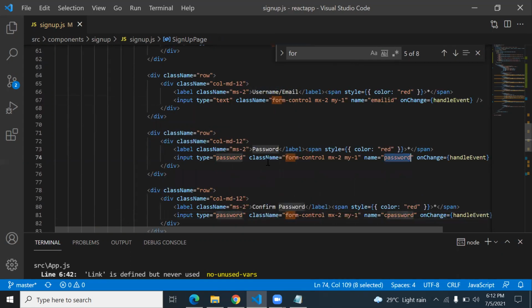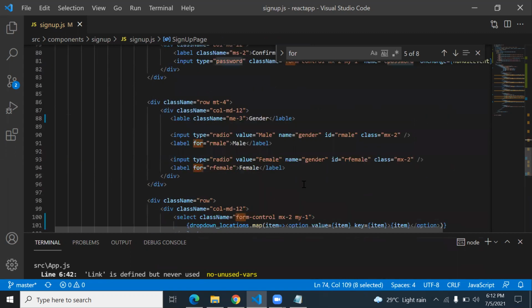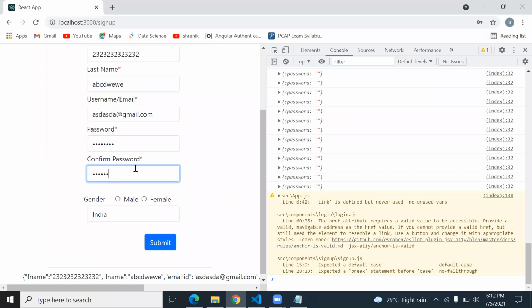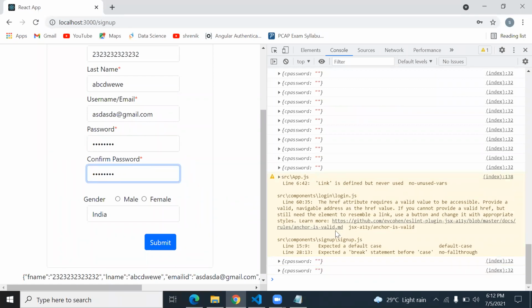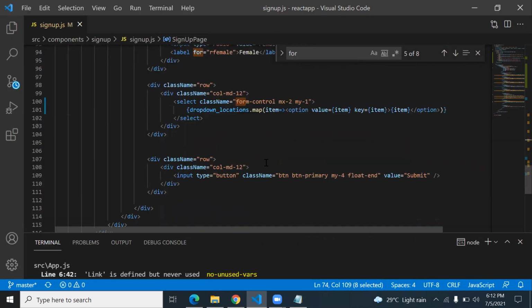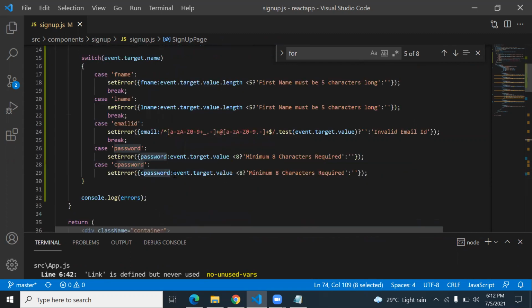Password, it is password. handleEvent. Less than that, then minimum 8 characters required. Correct.